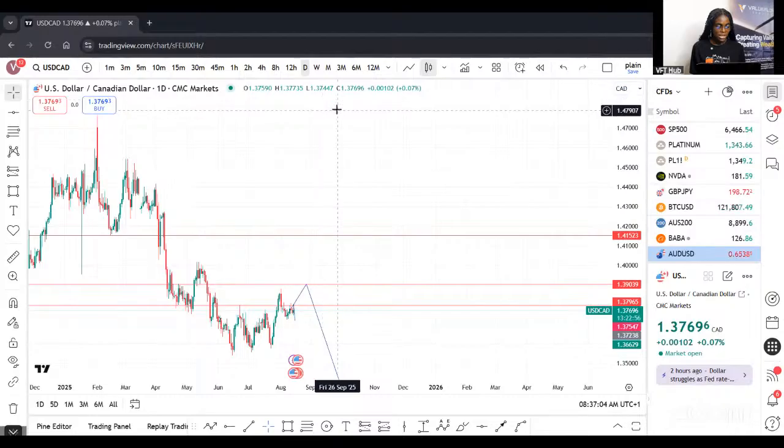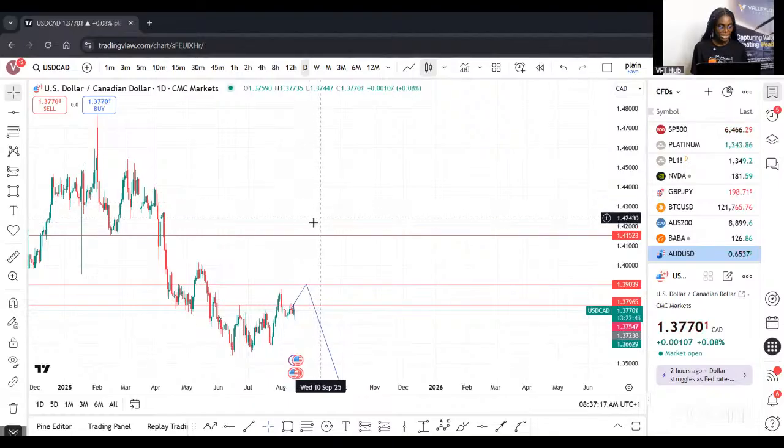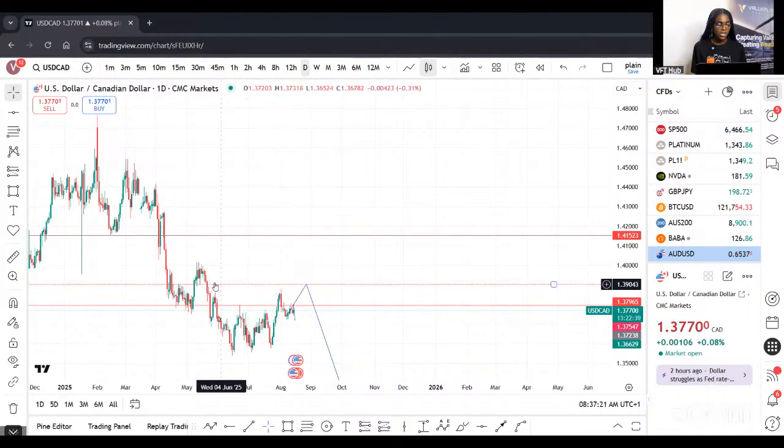Coming down to the daily time frame, from the weekly time frame we're seeing a break of structure, and in the daily time frame we're seeing that the direction is bearish. All we will be looking out for is sell opportunities, establishing that the direction from the higher time frame is actually bearish. So on the daily time frame, I can actually spot the box pattern strategy